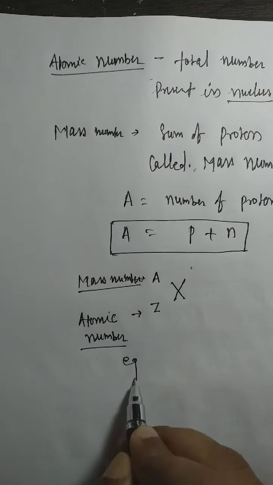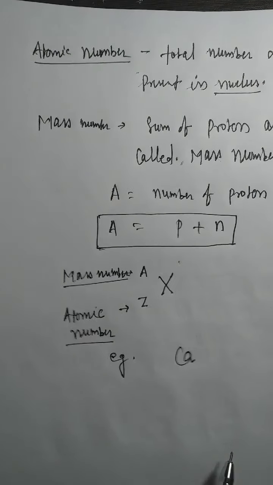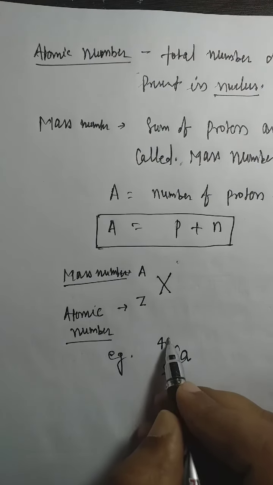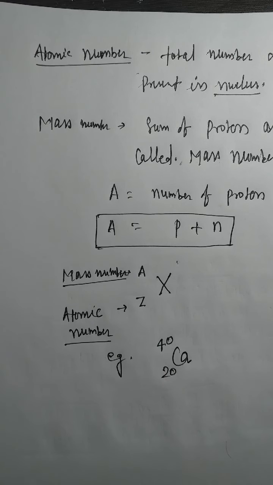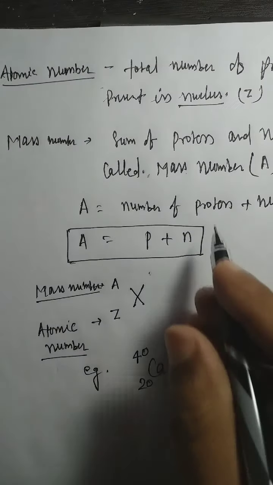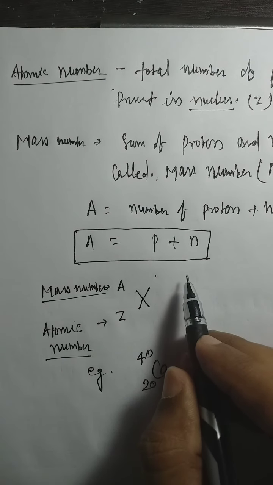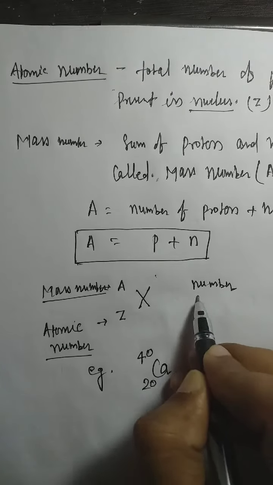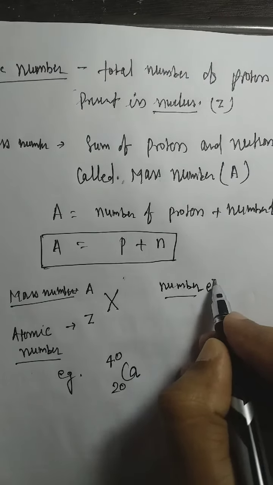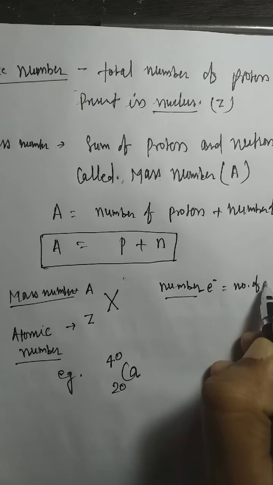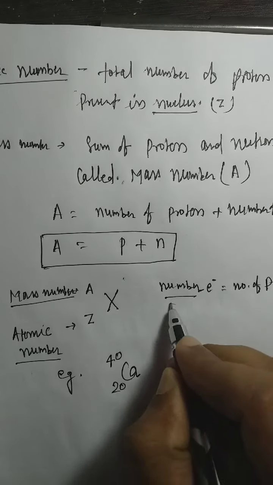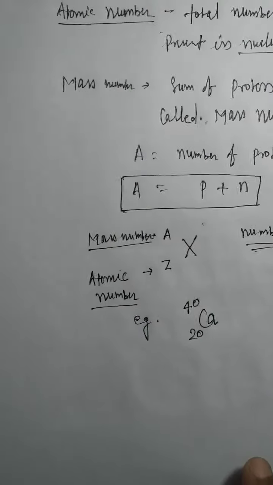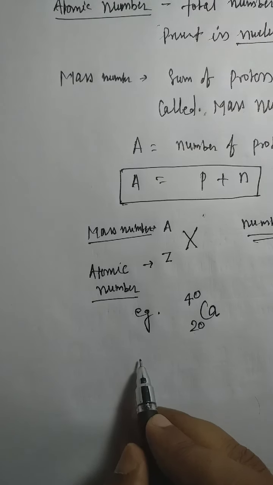For example, we are taking calcium. Here 20 is its atomic number, and the upper number we are writing is 40. In this case you can memorize it: when the number of electrons and the number of protons are equal, it means this is a neutral atom, with no charge carried on the atom. The number of electrons is equal to the number of protons in a neutral atom, right? So in the normal situation we are not finding any charge. So these three types of atom exist.